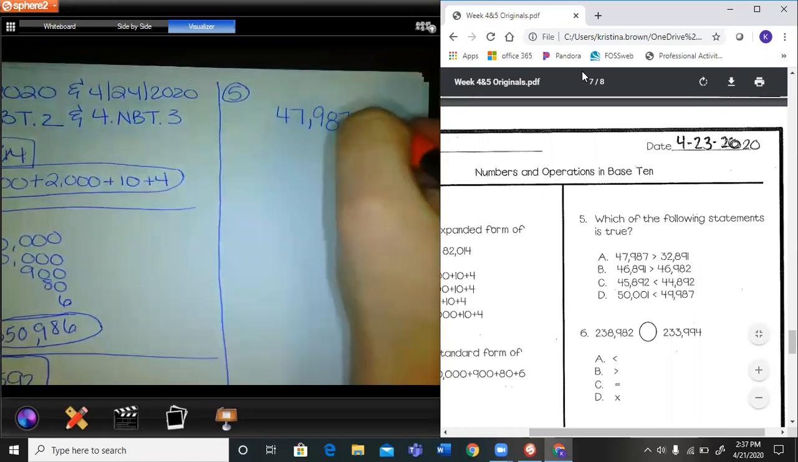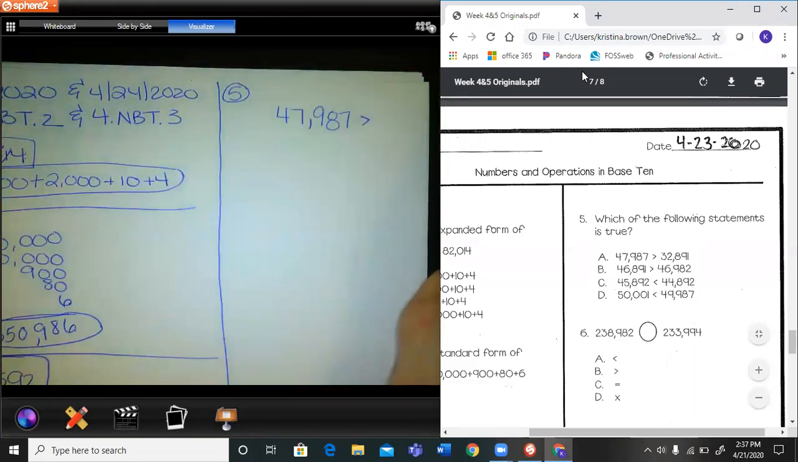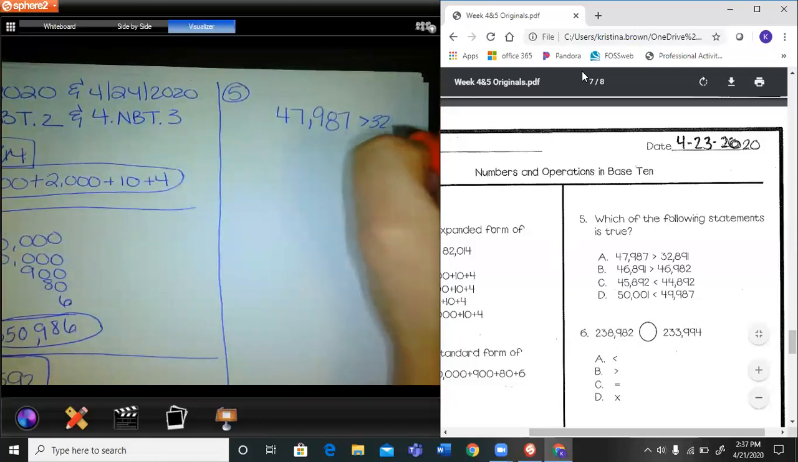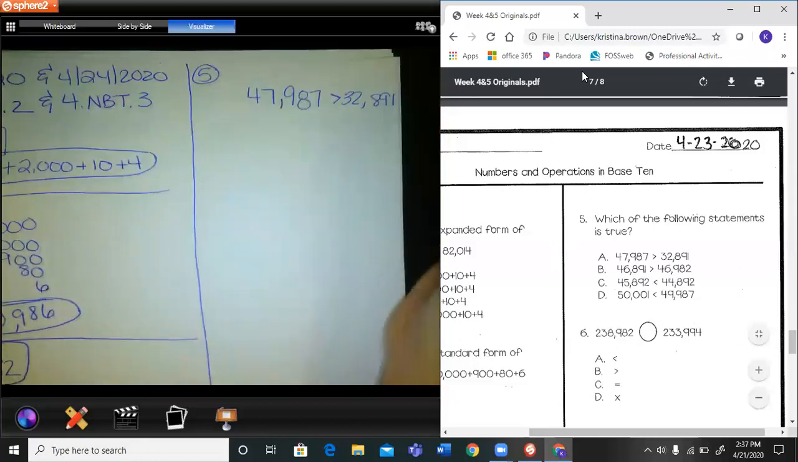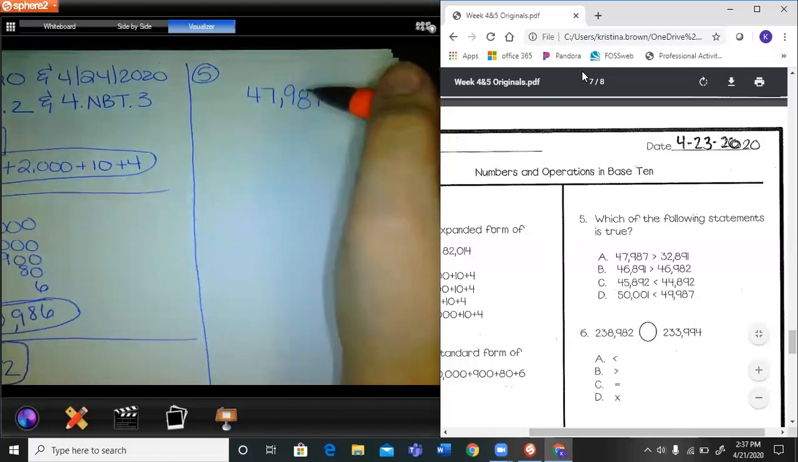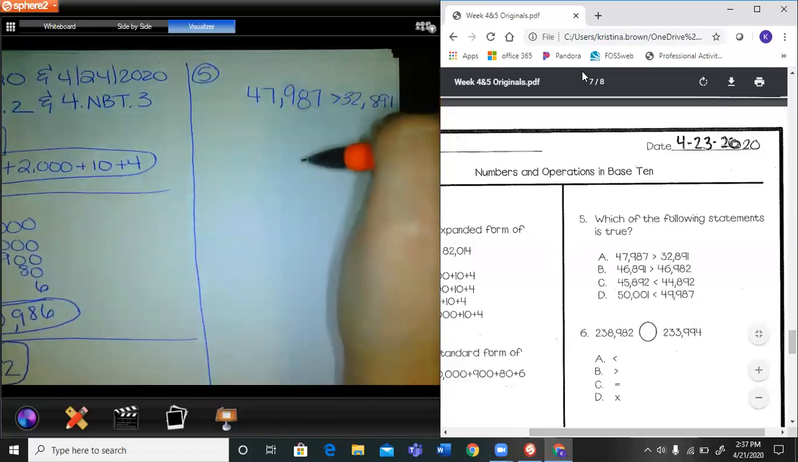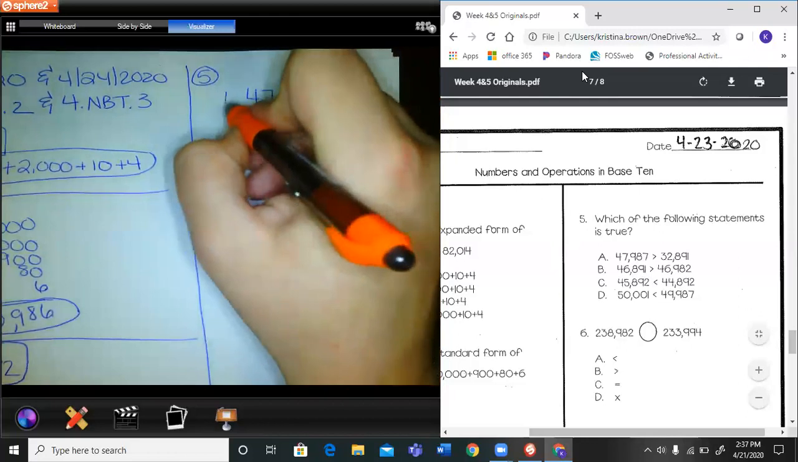47,987 is greater than 32,891. Okay, so looking at this one, remember you need to go through and check each one because you could overlook something or make a careless mistake. So we are looking for which one is true. So this was A,